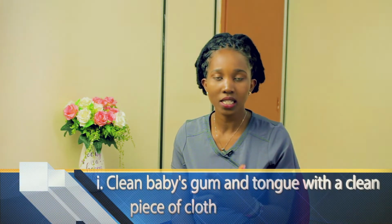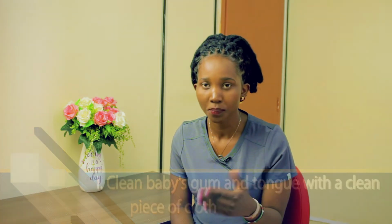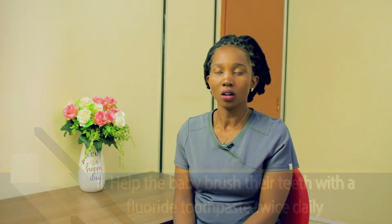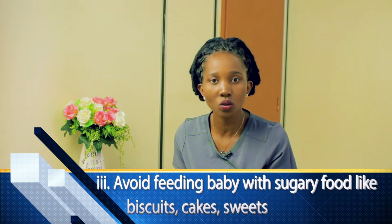So on the management of early childhood caries, normally it is good to start good oral habits at an earlier age. If your child is very young, it is advisable that you always make an effort of cleaning your baby's gums and tongue with a clean piece of cloth. However, if they have a few teeth or all the teeth in the mouth, kindly help them brush their teeth with a fluoride toothpaste at least 2 times daily. Also, limit or avoid feeding them more sugary foods like biscuits, cakes, sweets, and such like stuff without cleaning their teeth well. Another thing to always try and consider is